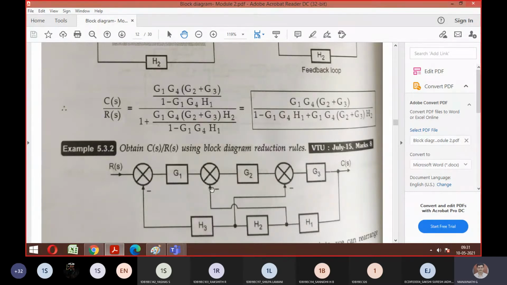So look at here. This H1 is having a connection for this summing point only. Agree? I hope what I'm tracing is fine, or shall I show the things in Paint? Yes, sir, it's fine. Okay. So this H1 is connected only to this summing point. Agree? Similarly, this H2 H1 combination is connected to this summing point. Agree? What I told everyone? Yes, sir.